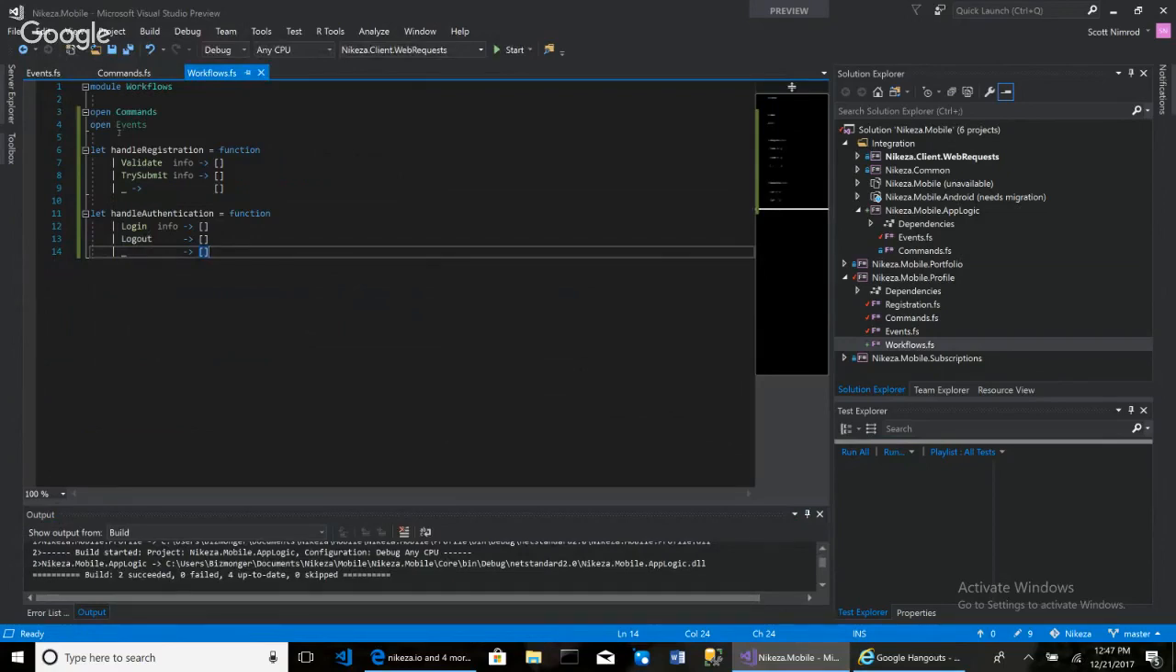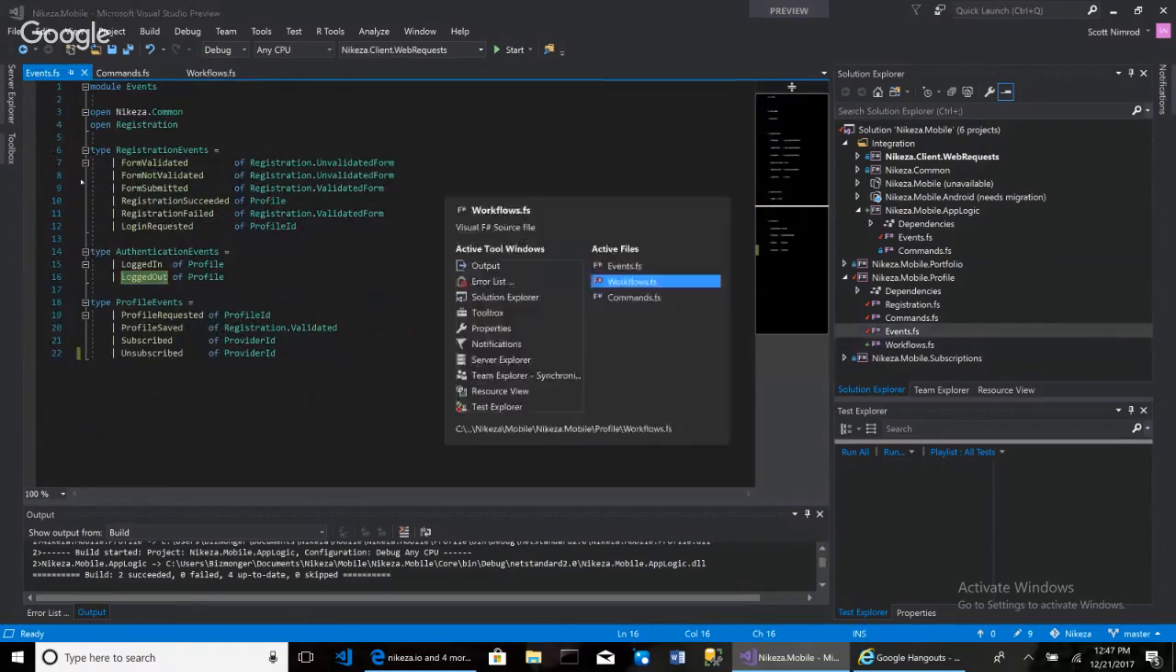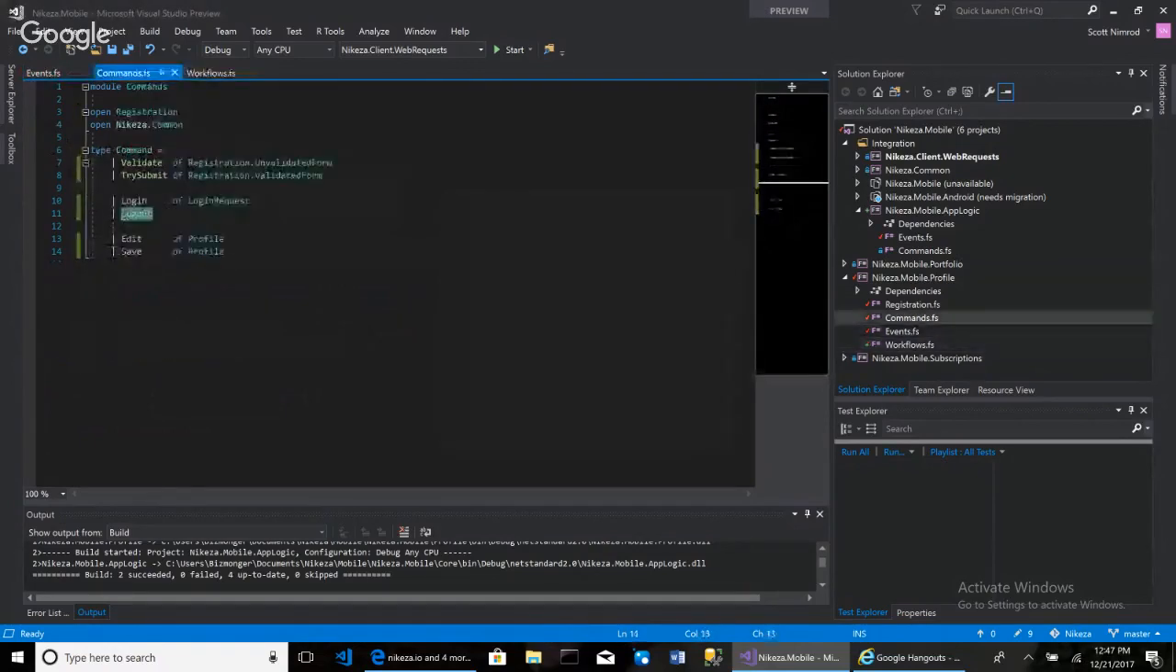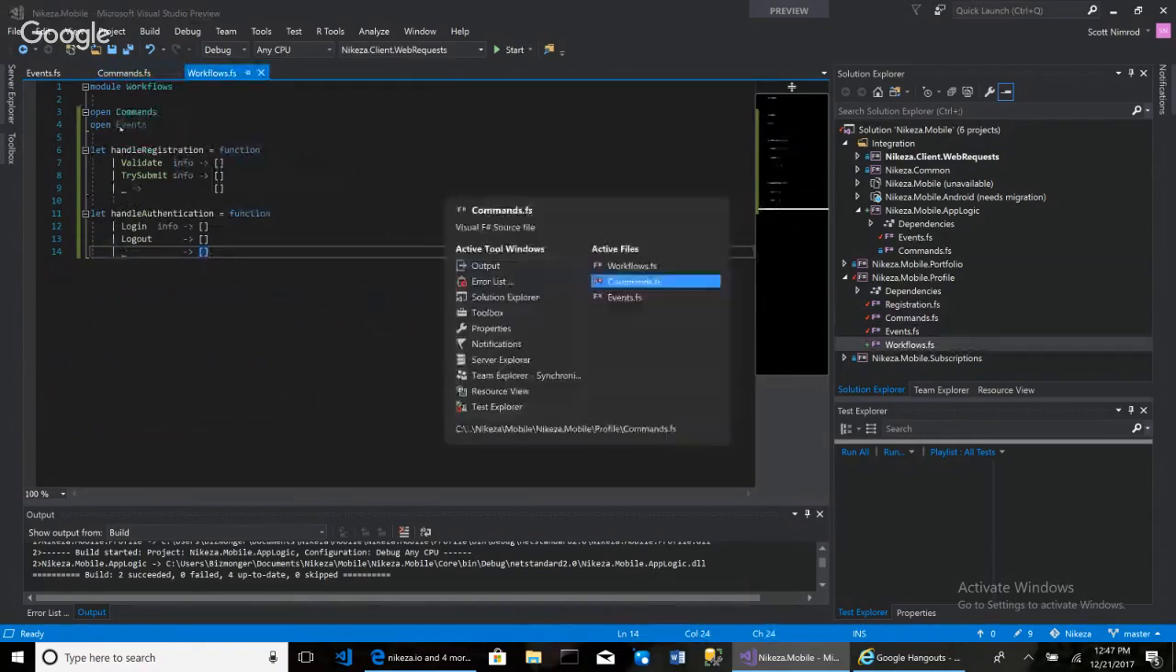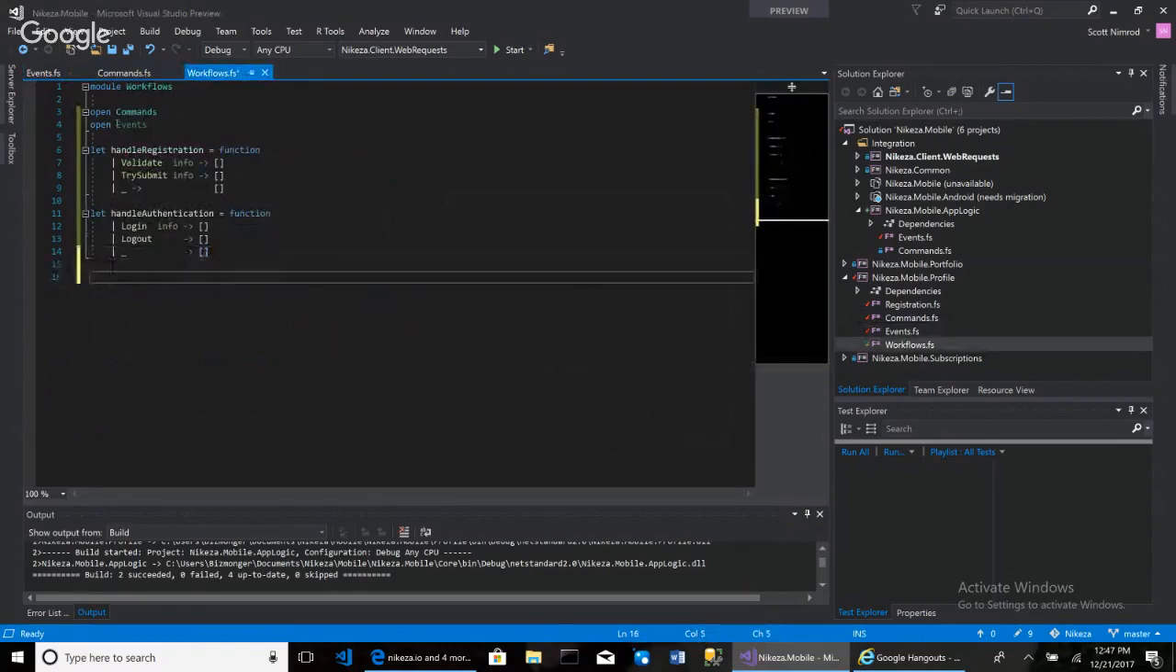Okay. So we have two different workflows. One workflow that handles registration commands, another workflow that handles authentication commands. And our last workflow is going to handle profile related commands. So we go back to commands. The profile related commands are edit profile and save profile. Okay. So we go to our workflows over here and we say let handle profile equal function